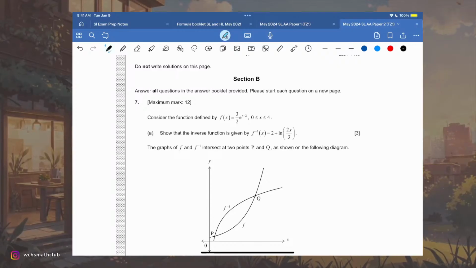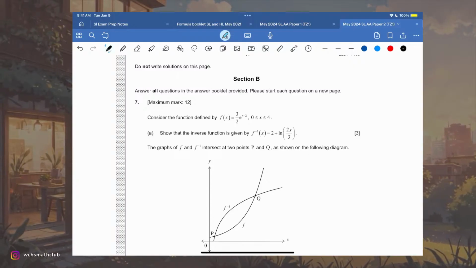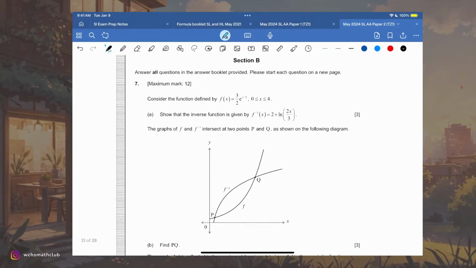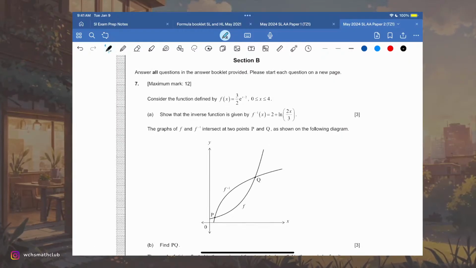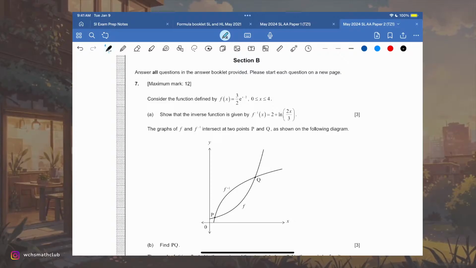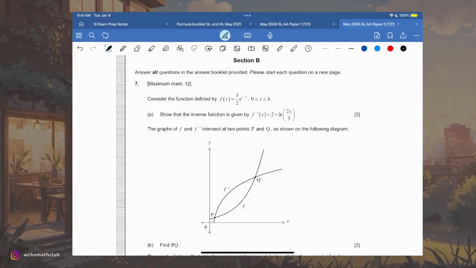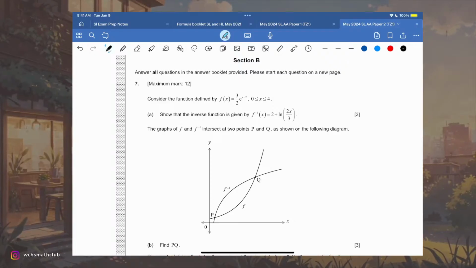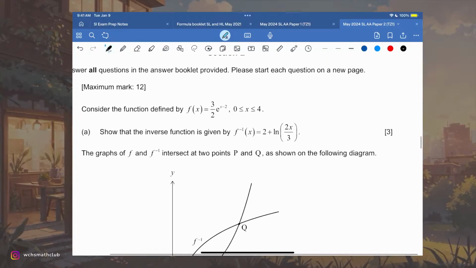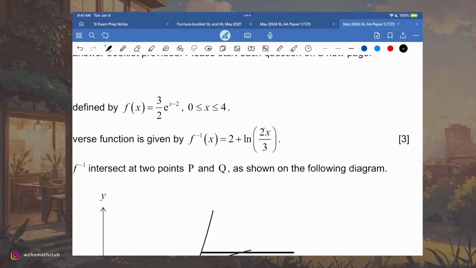Hi guys, I'm Maggie and I'll be coming back to you with section B of this paper 2, starting off with question 7. So the question asks, consider the function defined by f(x) = 3/2 e^(x-2), where the domain is 0 < x < 4, and (a) show that the inverse function is given by 2 + ln(2x/3). So to do this question, all you have to do